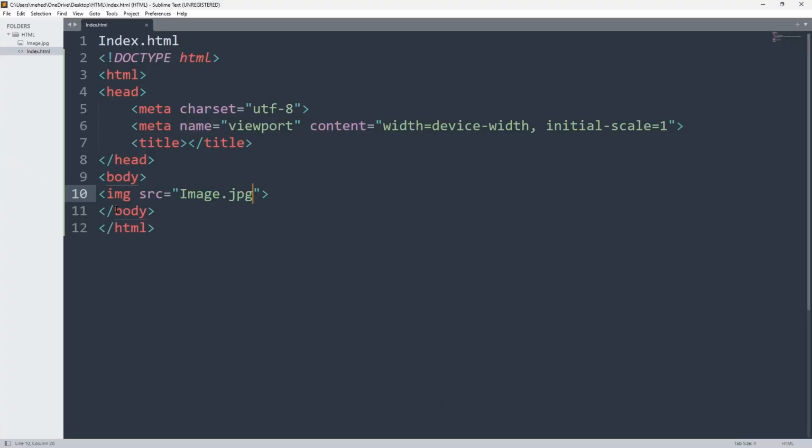You just need to come before this source, and then here you just need to add height equal, if I just want to add 300, that's it. And then if I just want to add the width,